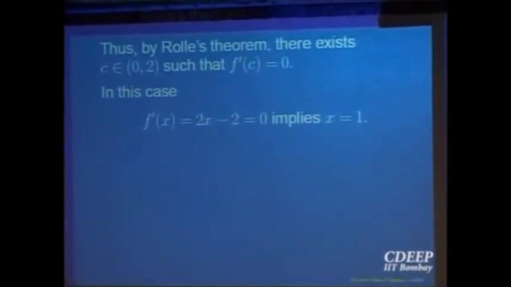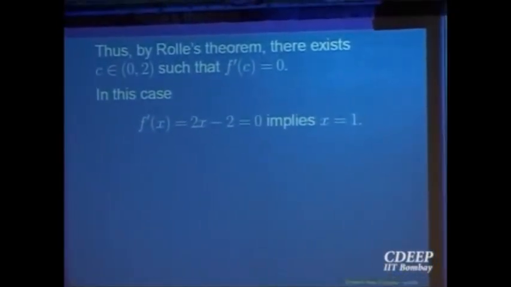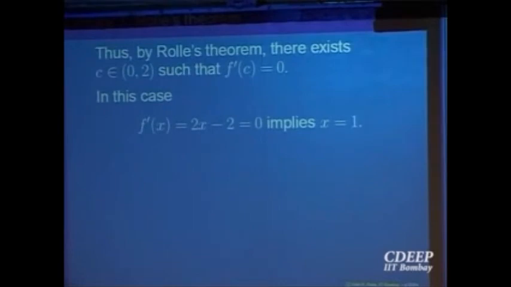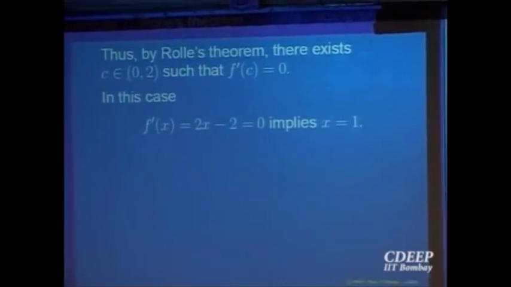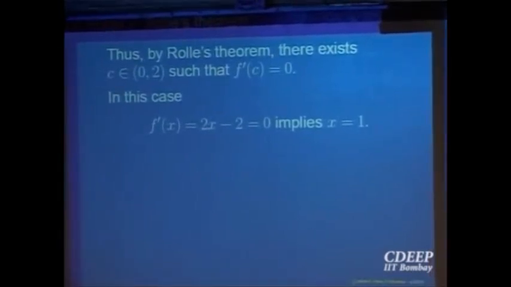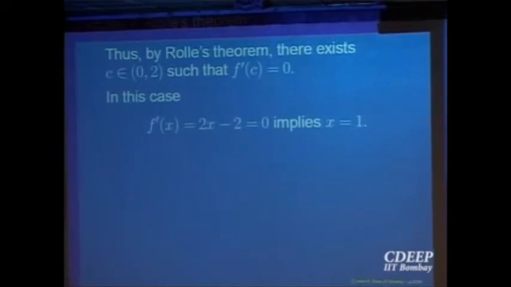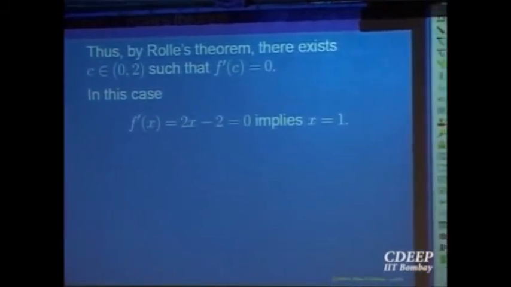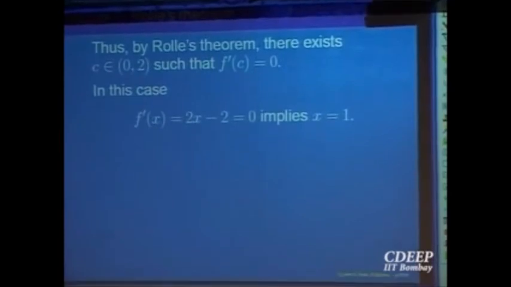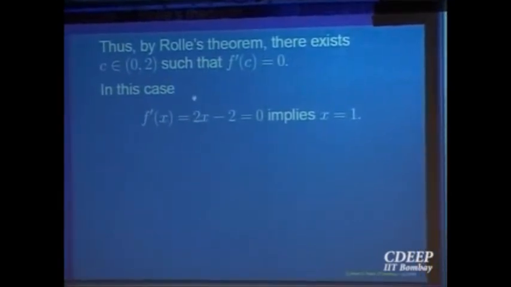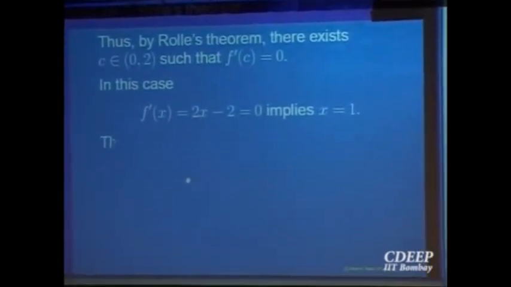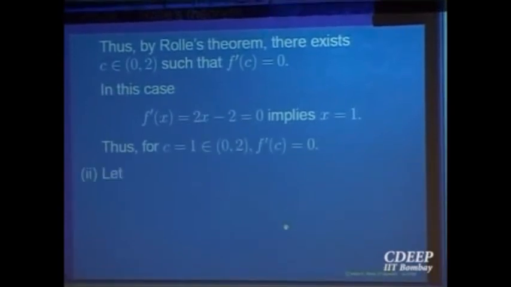There are many theorems in mathematics which show only the existence of something. Something happens, but where that phenomenon happens, you may not always be able to locate. That is a different story altogether. So Rolle's theorem only says that there is a point where the derivative will be equal to 0. Sometimes it may be easy to find, sometimes it may not be possible. So in this case, because we know the function, we can find the derivative and find the points.